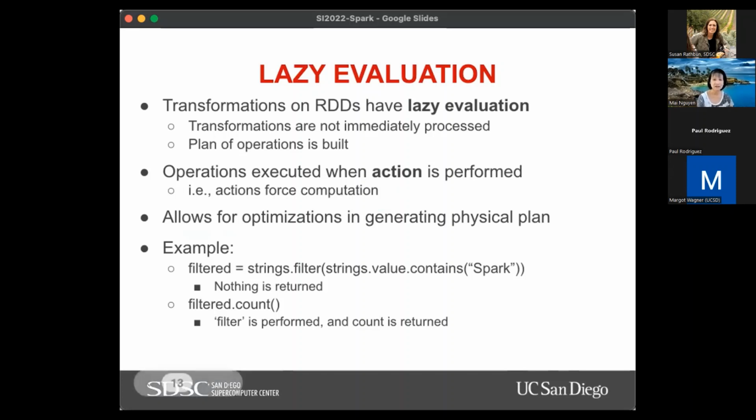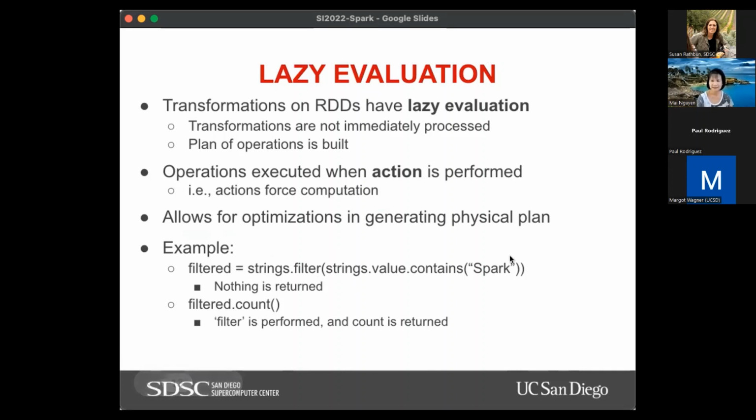In other words, actions will force the computations that have been applied to that RDD. Spark does this so that it can optimize the series of operations defined on that RDD, which allows for optimizations in generating the actual plan for implementing those operations.